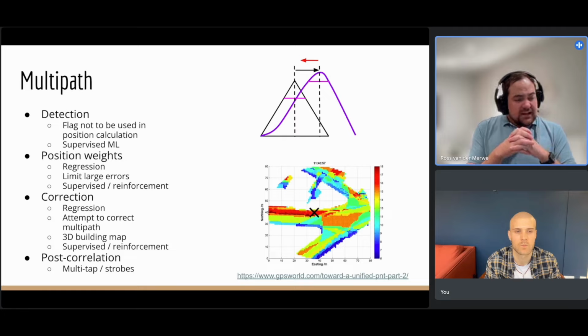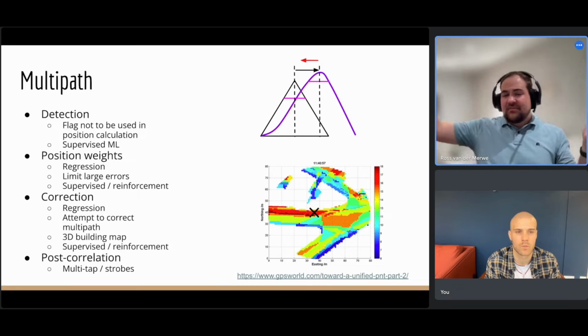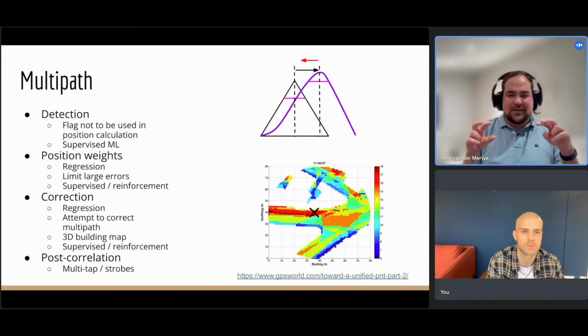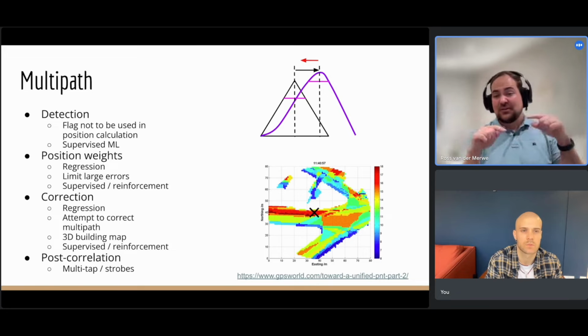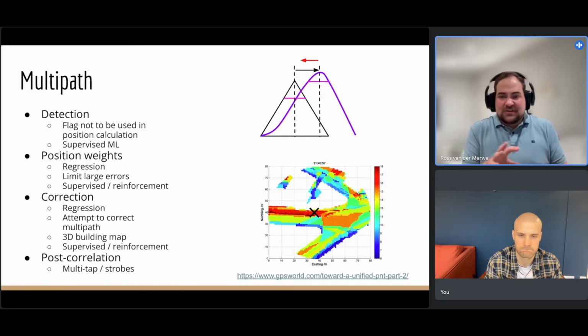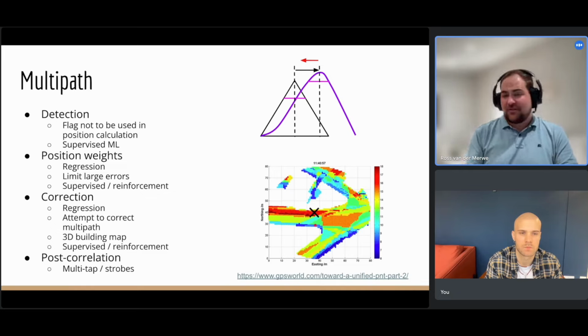And if you have more information about your surroundings, so here is something from GPS World, where you do this map where if you know how your buildings are, you have some 3D values, you can try to figure out where these rays were. Like, can you reverse engineer, figure out where these multipath could have been and kind of de-interleave them. And then you get these really fascinating maps where you can try to say, well, likely I'm closer to this building or not. So this is called shadow matching. And the ML approaches are amazing. So this will be the great one of trying to figure out some improved positioning.